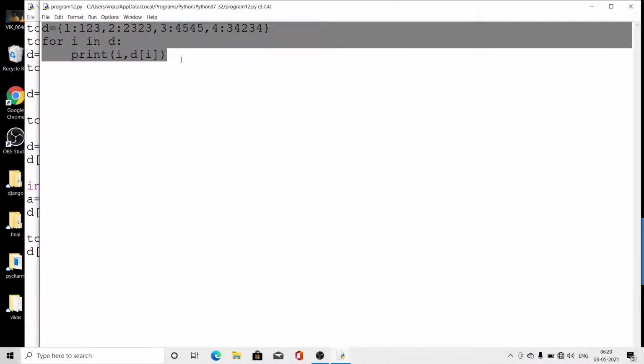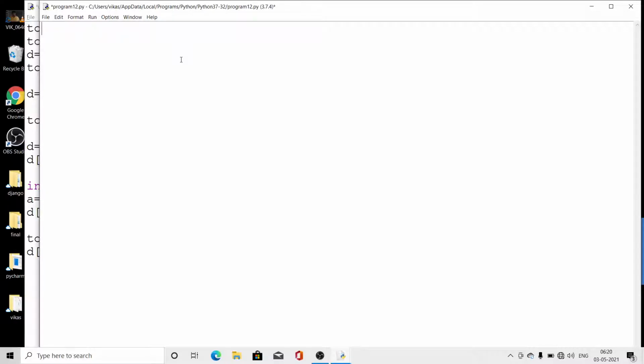If we want to access the items in the form of tuples or like that, we can use the following.